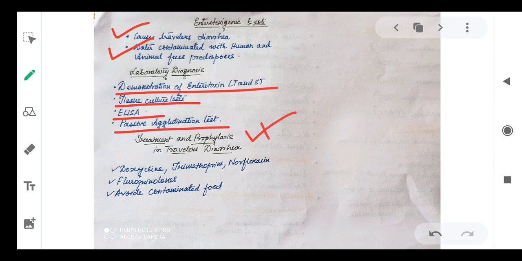The traveler's diarrhea can be treated with doxycycline, trimethoprim, norfloxacin, other fluoroquinolones, and prevention is to avoid contaminated food and water, to prevent this particular organism from being transmitted into the human body. So next we will start with